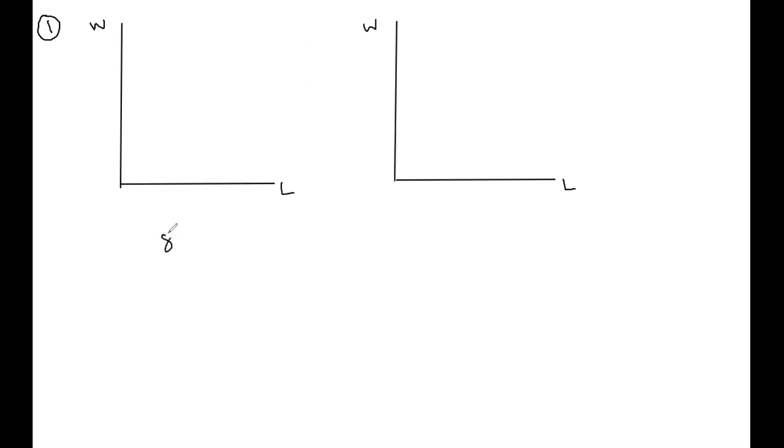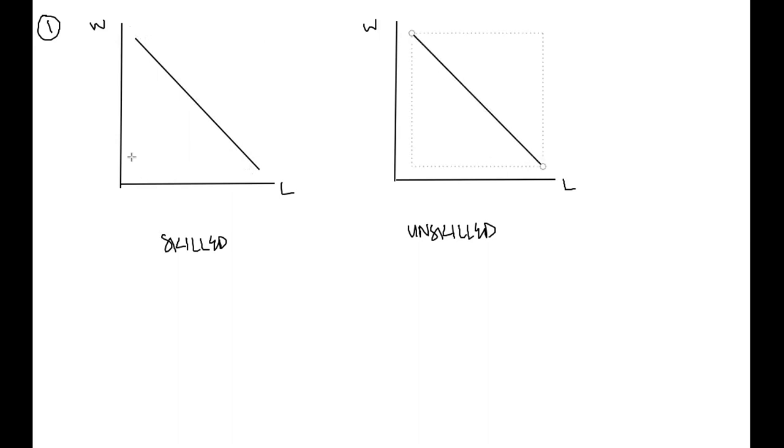So I can label these underneath as skilled and unskilled. And then when I draw this equilibrium, I can draw it in such a way that the skilled labor wages exceed the unskilled wages. So that's supply, demand,